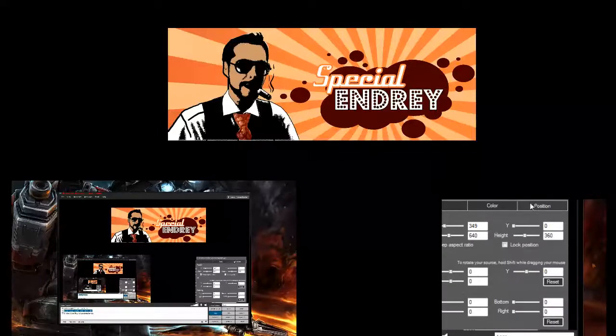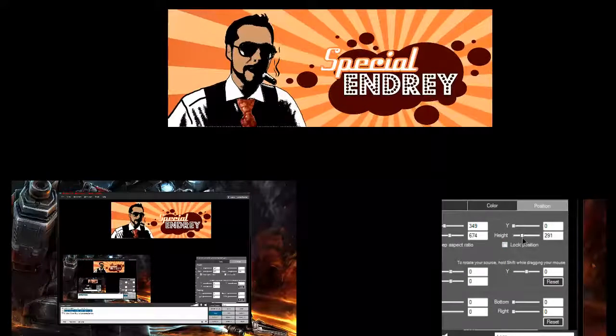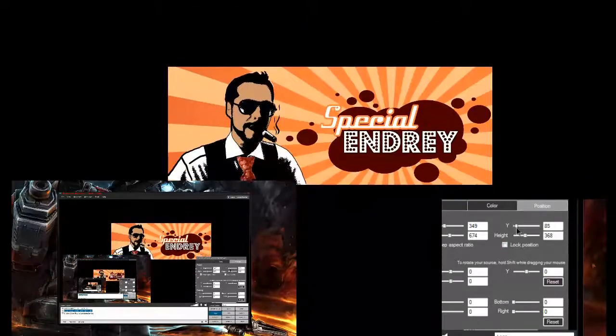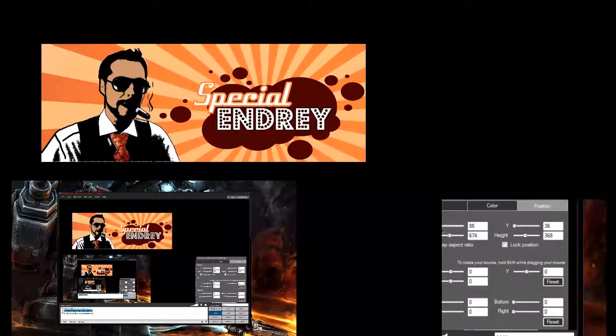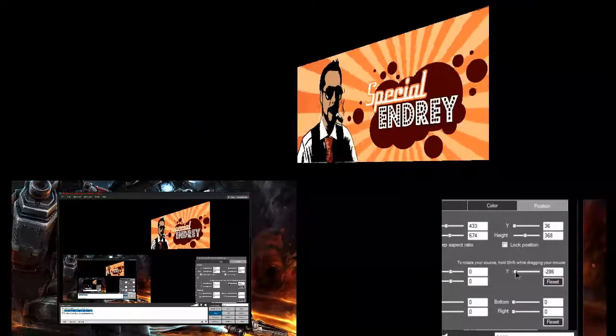You can go for the width, the height, the positioning here as well, and just make it a little bit bigger, make it a little bit smaller, move it from the left to the side, from the bottom to the top as well. And you even can rotate the sources. For example, oh yeah, 360 from the left to the right, from the top to the bottom is possible as